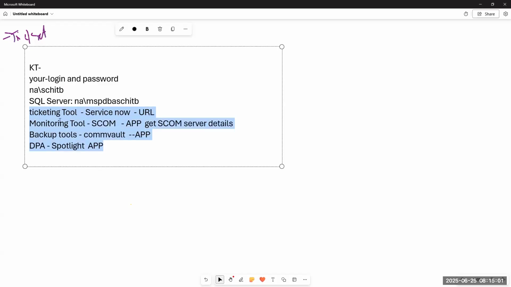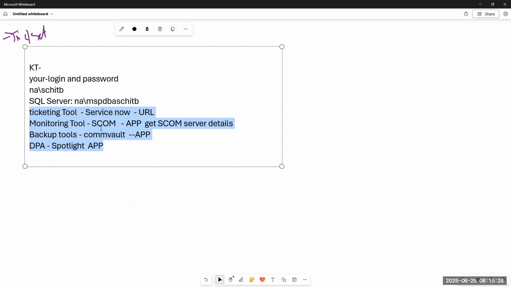What ticketing tool are we using? If they say ServiceNow, tell them you used BMC Remedy earlier. If they say BMC Remedy, tell them that earlier you used ServiceNow. Opposite, sir. That way they will provide the KT for you like a smart DBA. Otherwise, they will say, you already have experience on ServiceNow, no worries, we will provide the credentials, you can go and work.